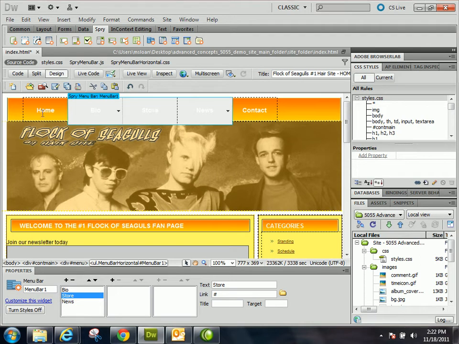So if you didn't want to do what I did, which is put it in between two already existing menu items, which makes it a little bit bulkier, but not much, you could have just made the whole menu spry, and then if you didn't want drop downs, you just leave this blank. But for store, I want music,